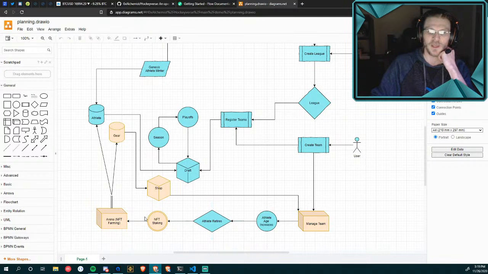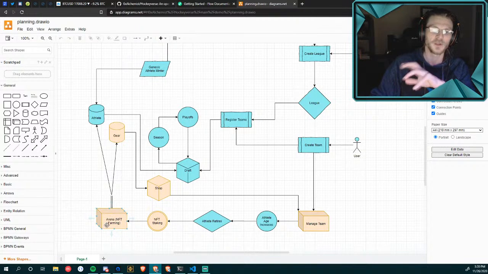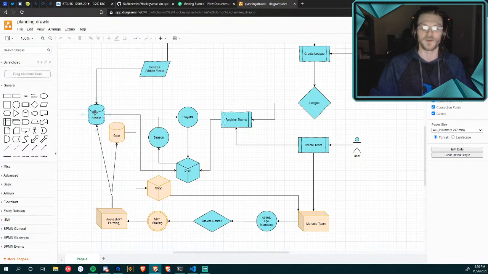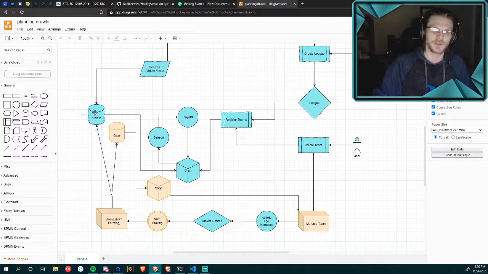We could involve some sort of NFT staking thing, and some sort of land-based thing, revolving around arenas or stadiums, where once your athlete retires, you could send it to your arena, to your player development program, which is essentially just a staking pool, where based on the quality of athletes that you have in that program, they would then mint new athletes with stats that are better or worse depending on the quality of the NFTs you have staking.